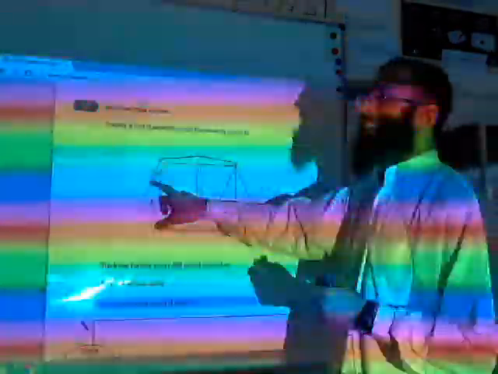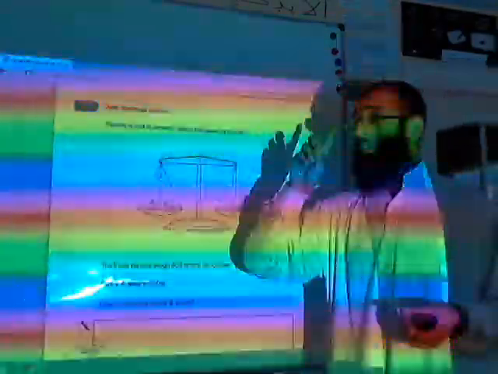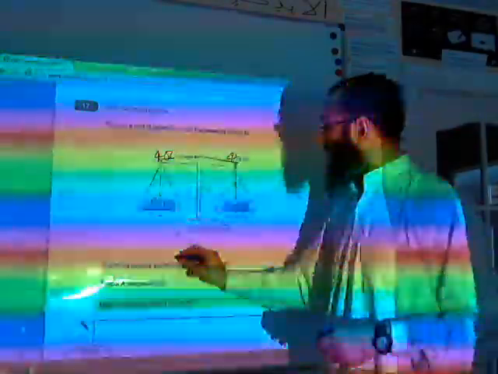Amir has 3 parcels. Parcels A and B together weigh the same as parcel C. So what do we say this balance is in? Equilibrium. Say equal, right here. The 3 parcels weigh 800 grams altogether. So the first question is, how much does each side weigh? 400 each. So 400 and 400 give us